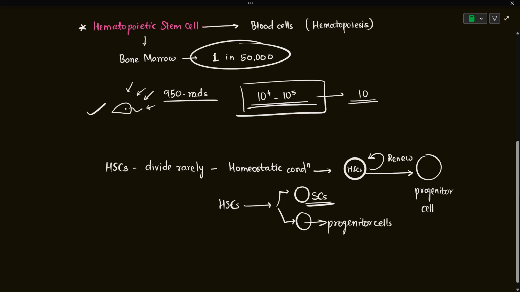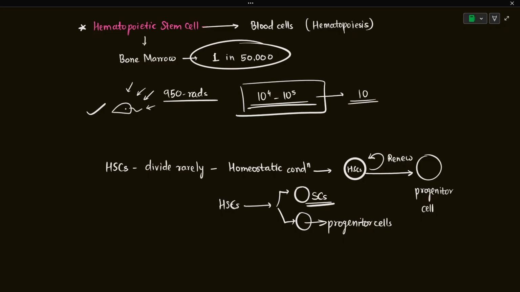Okay, so this decision is solely dependent upon the activation of certain transcription regulators. I'll be discussing that as well: GATA2, BMI1, Ikaros, and NOTCH1. So depending upon the activation of those transcription regulators, the daughter cells decide whether they are going to stay as hematopoietic stem cells, or they are going to get committed to a certain cell lineage and get differentiated into a